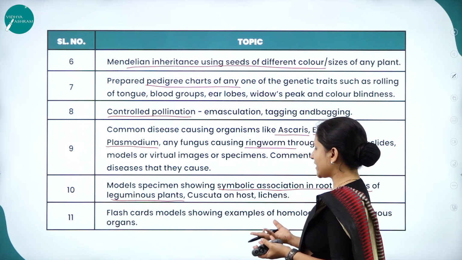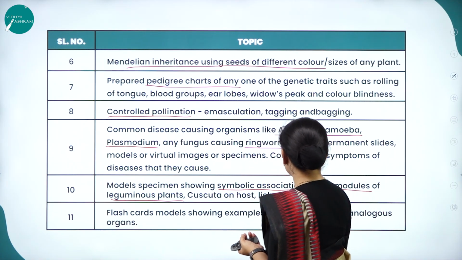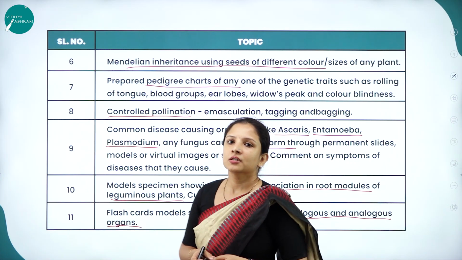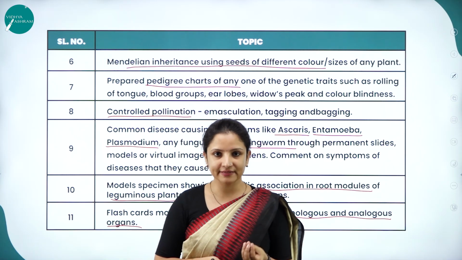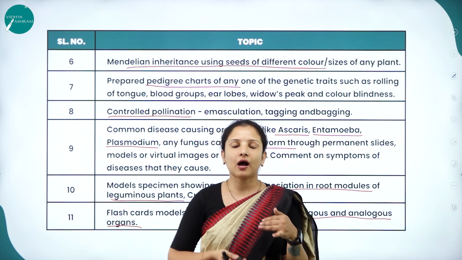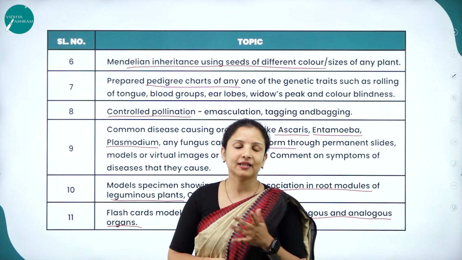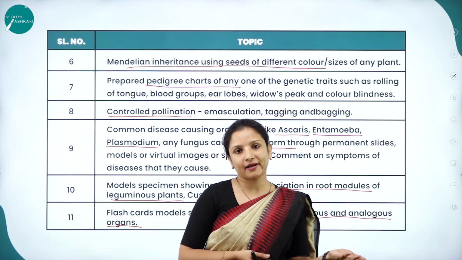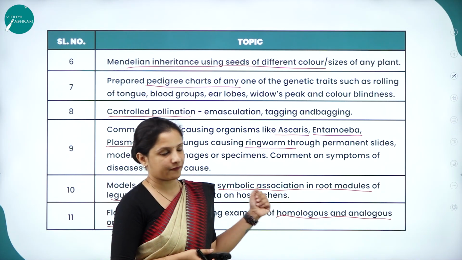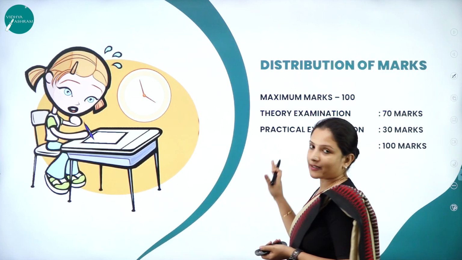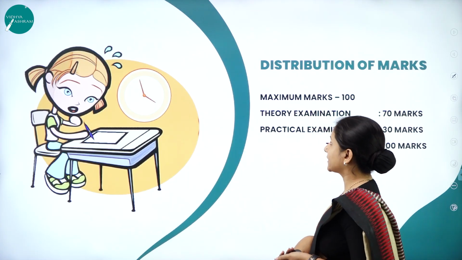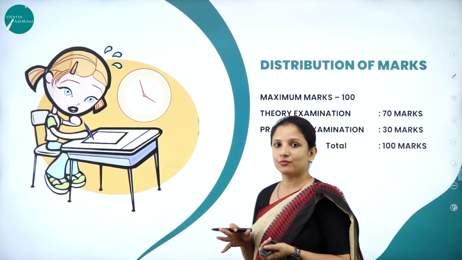Next is flashcards or models showing homologous and analogous organs. Some organs are similar in structure, but they have different functions. Some organs are different in structure, but they have the same function. So you need to identify the homologous and analogous organs. For this, charts will be kept. So this is about the practical. Out of those only, questions will appear for the practical exam,